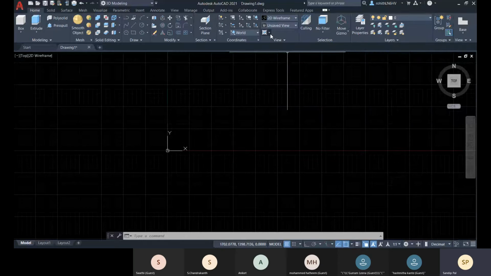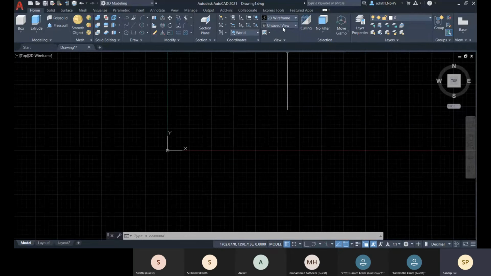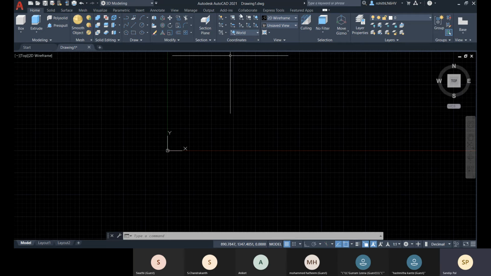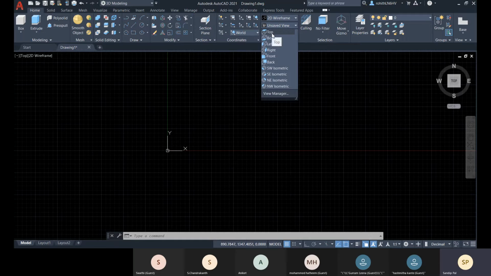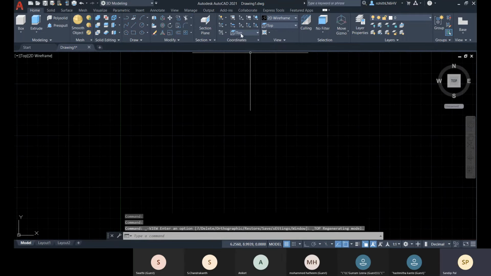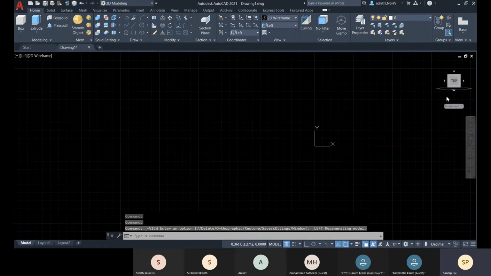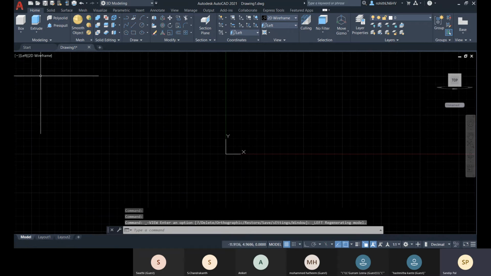But if you go with this option, suppose if you change it to top, the coordinates will also be changed. Suppose I go for top, now you see the coordinates have been changed to top. If I go for left, the view is set to left, but the coordinates have also changed.